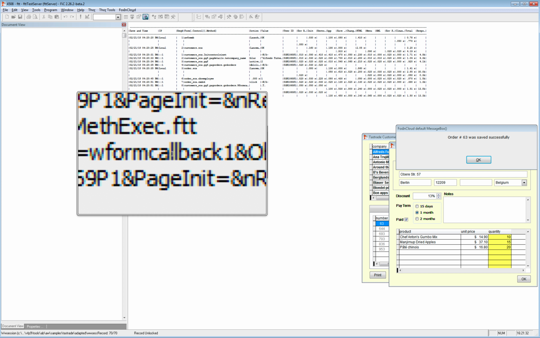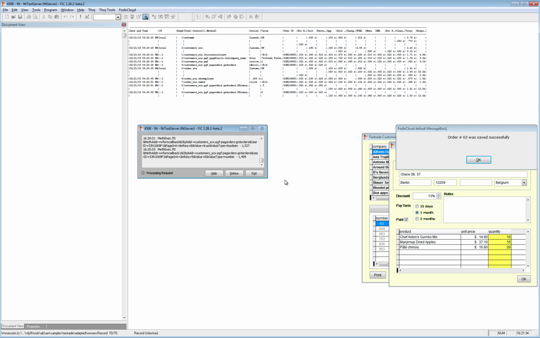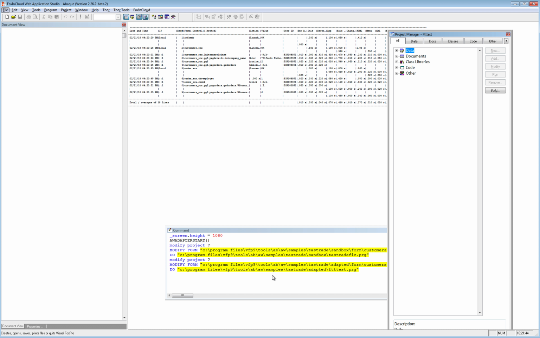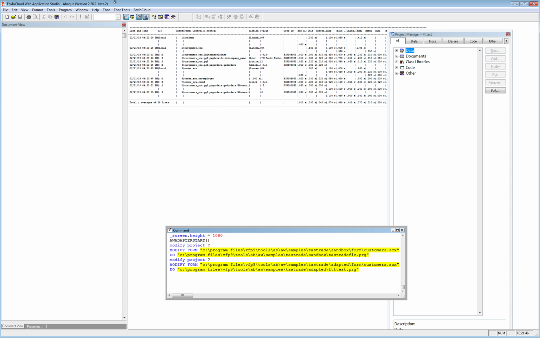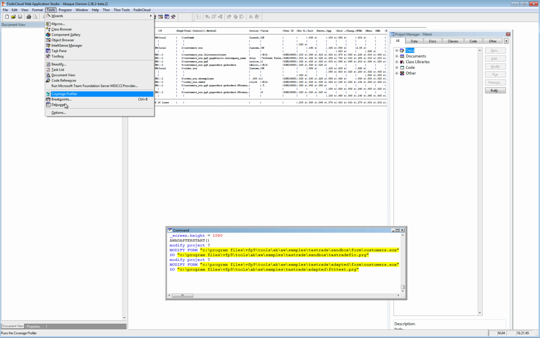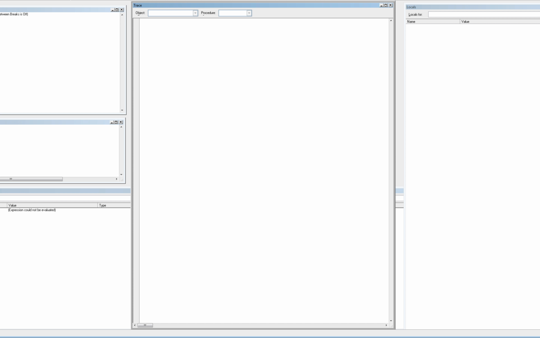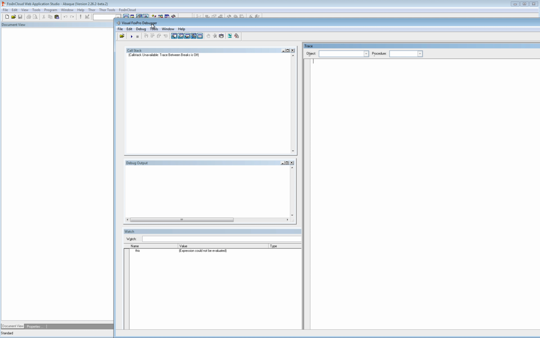Callback, callback 1. Okay, so we did go through the callback method, which is absolutely necessary, because otherwise, if you take the debugger, if you take any form